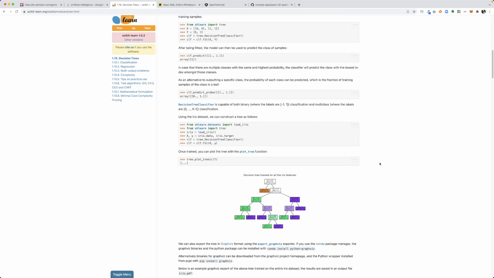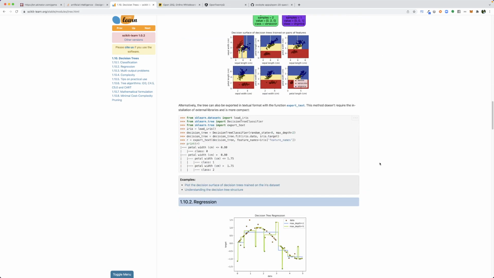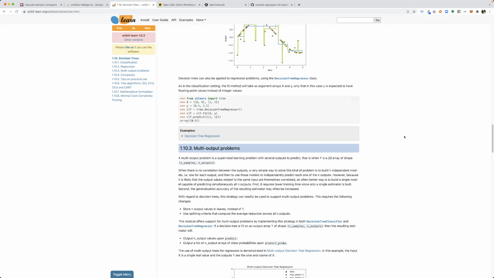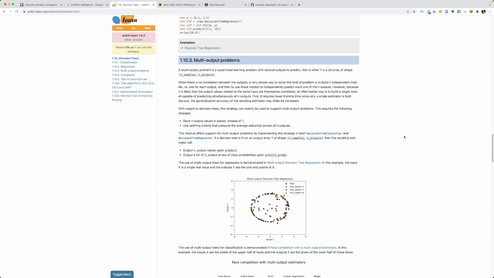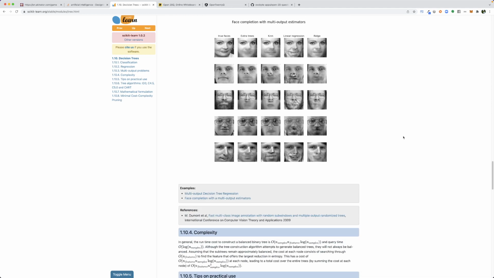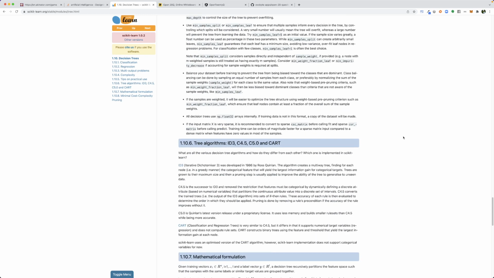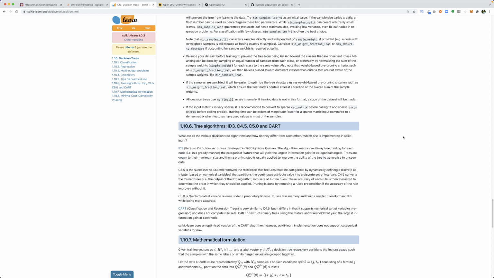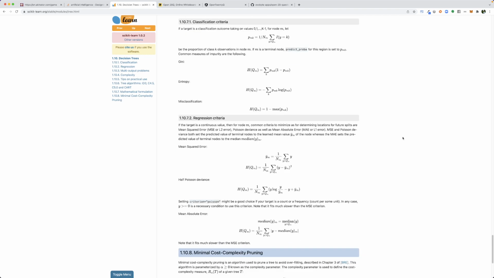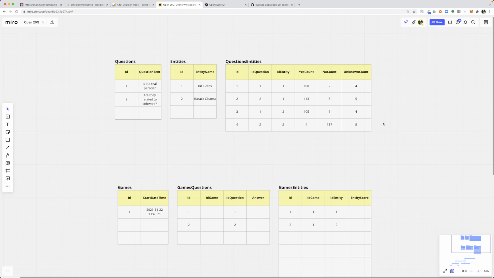But I couldn't convince myself that they would behave very well in practice, so I decided against using a scikit-learn model, even though I do think it would be very cool to do it like that, to just read some user answers, plug them into a model from scikit-learn, and output its predictions. If you have any ideas on how that could work and how it could work well, please let me know. I'd be very interested in doing it that way as well. But because I couldn't figure out a way of doing it that way,